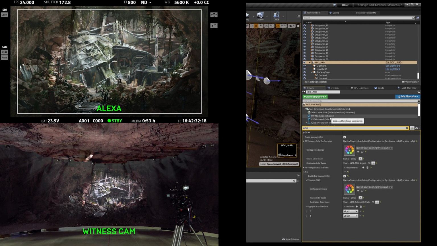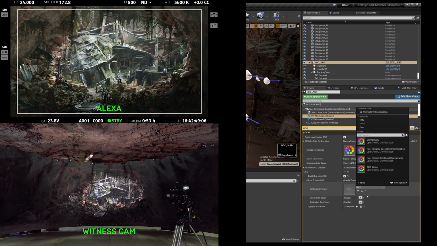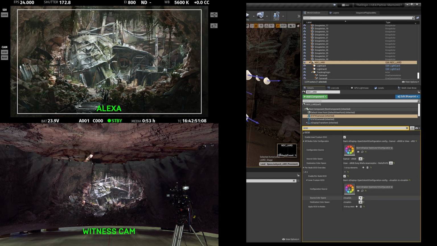The same thing can be done for the inner frustum by going to the ICVFX camera component that corresponds to your camera. In this case, we're doing the main camera A. Again, you can see we already have this configured specifically for our use cases, but we can go ahead and add a per node override, specify our config, our source and destination color space. In this case, we'll use the airy one specifically for our camera, and then say that we want this to occur only on node 4, which is when the frustum is on the left side of our wall.